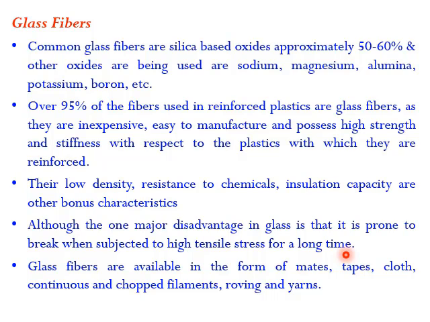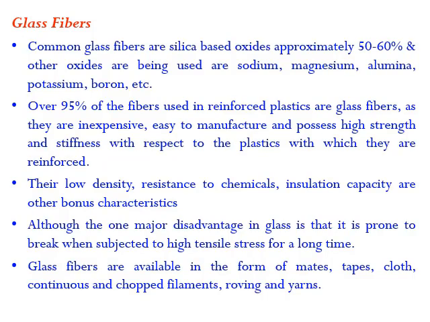So when they are at a low temperature they will get brittle, and at high temperature they get softened. Glass fibers are available in the form of mats, tapes, cloth, continuous and chopped filaments, roving, and yarns. So depending upon what type a composite material needs, whether it needs unidirectional fibers or bidirectional like a mesh,